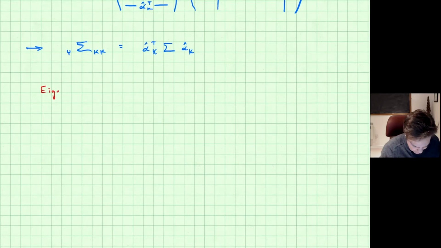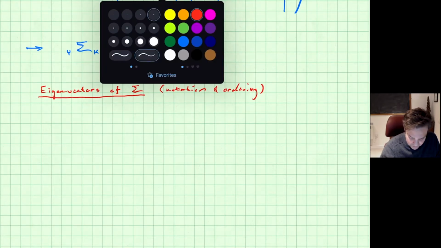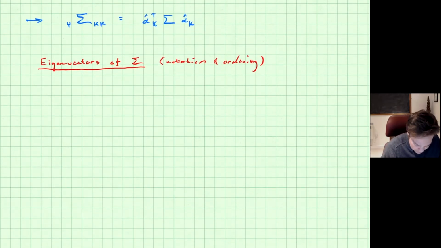So eigenvectors and values of sigma. So this is sort of notation and convention. Notation and ordering. You should probably call it ordering; rank makes me think of matrix rank. Ordering convention. So we really just need to introduce some symbols to name them and then tell how we ordered them. Okay, so let's say